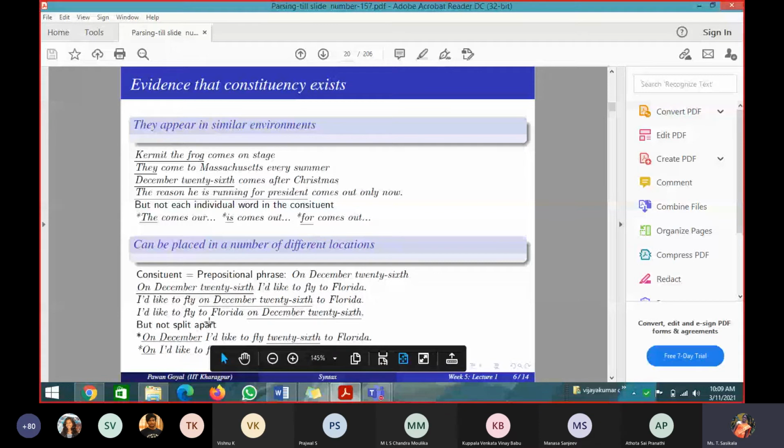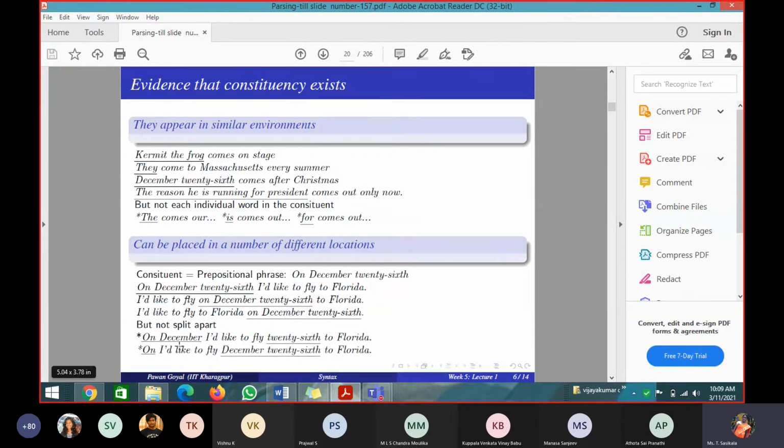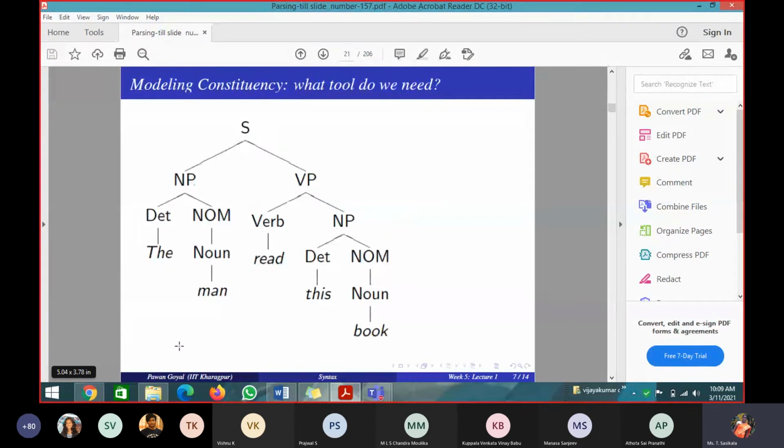We cannot say that one phrase in one sentence can be used in only one way. I am telling you "on December 26th" is a prepositional phrase. Suppose I say, December 26th, I want to go to Florida, please make a proper sentence. One student will write it one way, and another student will write it another way, but all three are correct. They are not splitting the phrases. It appears in different places as a proper prepositional phrase. But you cannot split the words of the phrase when you are making a sentence.